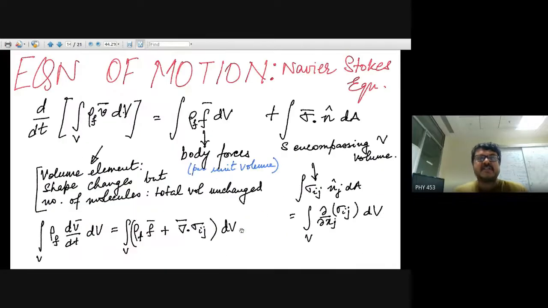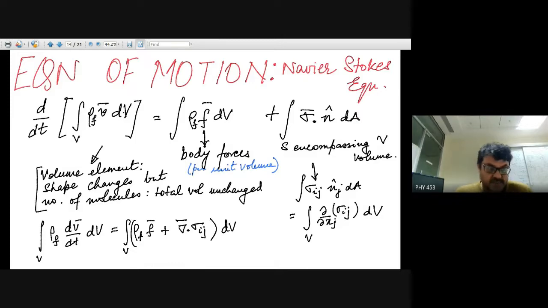Now I've already discussed this. Now that we have a definition for the stress tensor, we know how to write it down in terms of the pressure, the dilation terms, and the deviatoric terms. We finally come to the equation of motion, which is called the Navier Stokes equation. The Navier Stokes equation is nothing but an expression